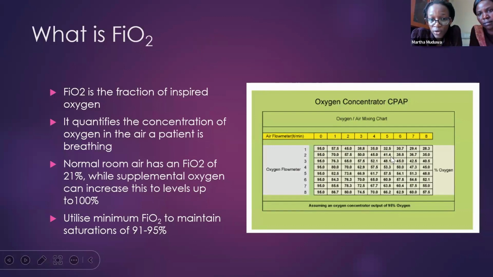If you increase the oxygen up to 4, which means you'll also be giving it with 4 liters of air, then your FiO2 is about 57.5%. This is estimating that your oxygen source is giving 95% and not 100% oxygen like a cylinder would. Same example, if your oxygen flow meter is at 6 and you're balancing that with 2 liters of air, then your FiO2 is much higher, at